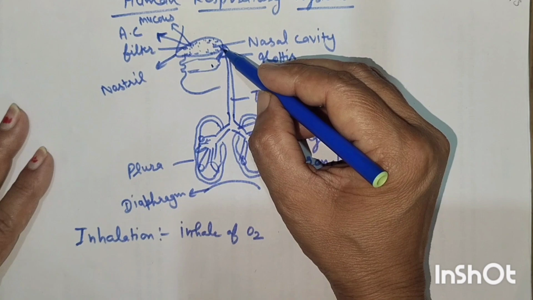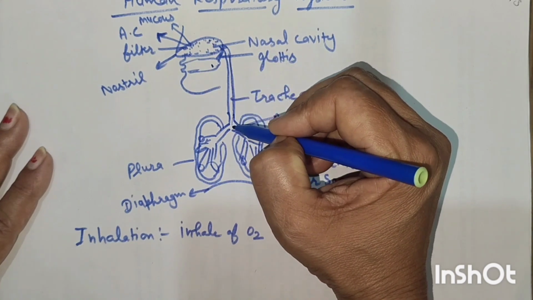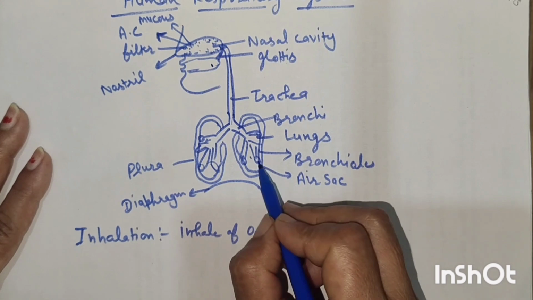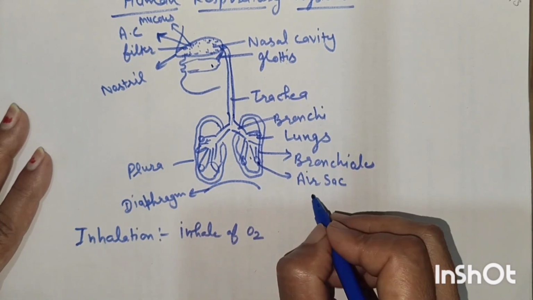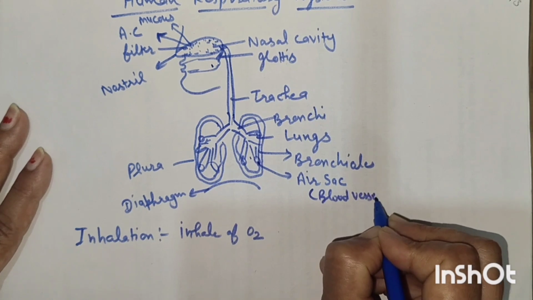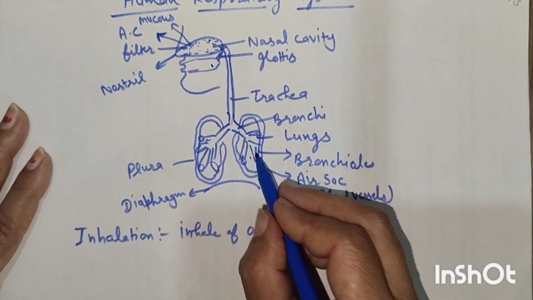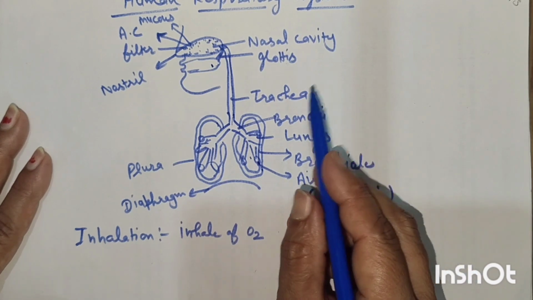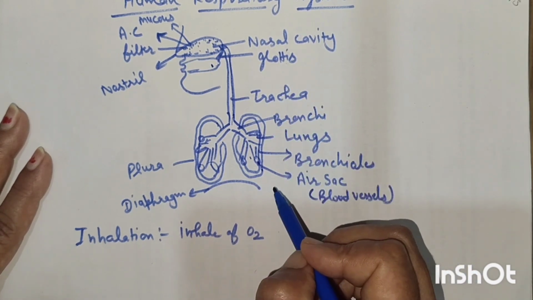Then this air moves from the windpipe to the lungs. In the lungs, the air sacs are attached to blood vessels. These blood vessels take the oxygen and send it to the different parts of the body, and